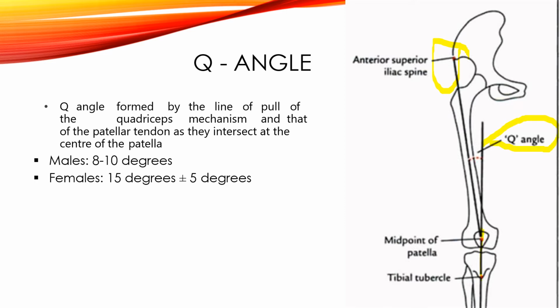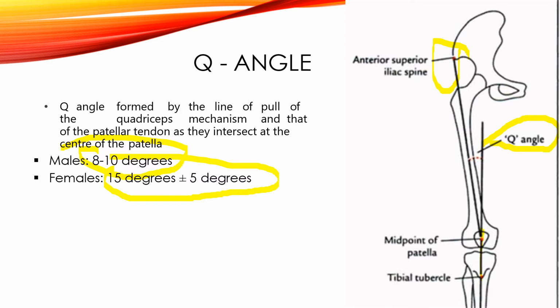Patellofemoral joint biomechanics is influenced by the direction and magnitude of the force exerted by the quadriceps muscles. In a normal knee, the line of force exerted by the quadriceps is lateral to the joint line, probably due to the large force of vastus lateralis. So what is the normal value? In males, it ranges from 8 to 10 degrees, while in females, due to the wider pelvis, it increases to 15 degrees plus or minus 5 degrees. An increase in Q angle is associated with increased risk of lateral subluxation of the patella.